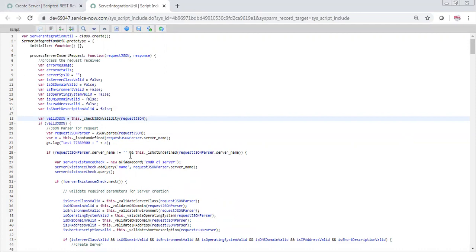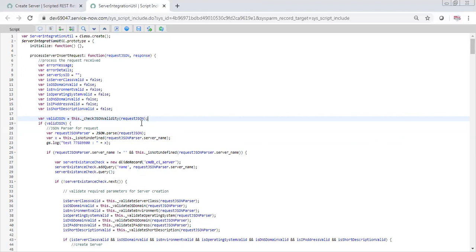My code, whatever code I can parse, I can write a good code for JSON. But what if they have sent the wrong JSON? Then my whole code is going to break, because my code is expecting a JSON from them. But if they are not sending JSON, they are sending XML or any other thing, or they have sent a string, my API is not capable of processing a string. So they need to always send a JSON.